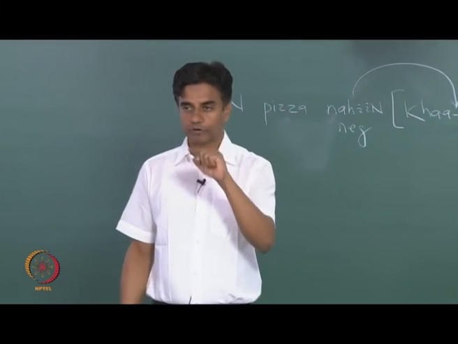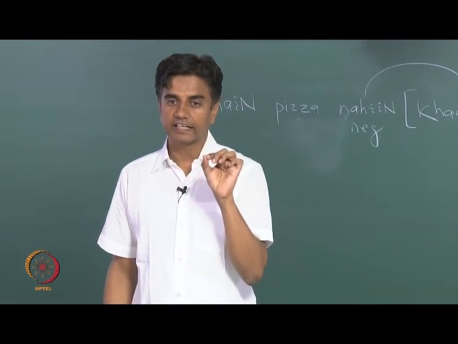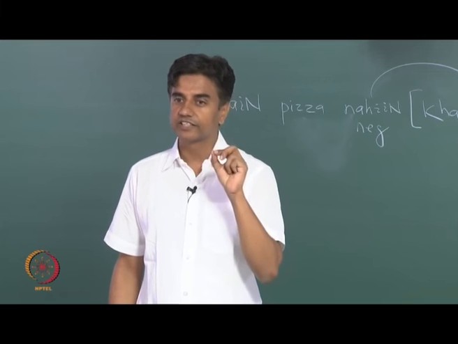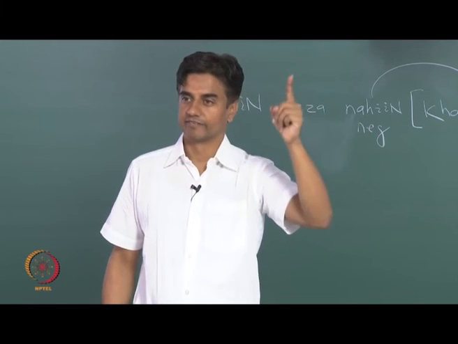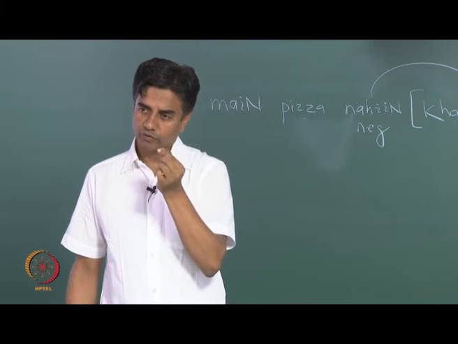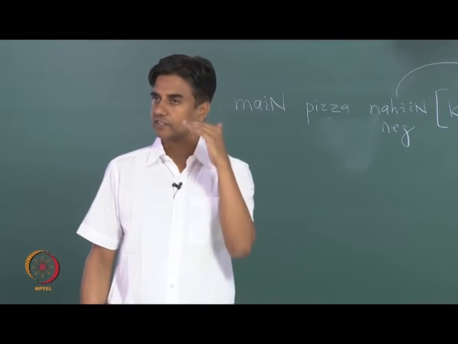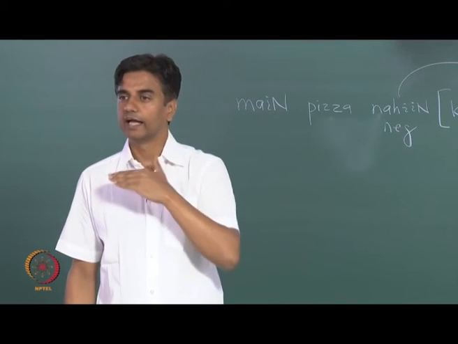If we try to put our finger on the fishy nature of a functional category for its exact location in the functional layer, it appears from such an example coming from Hindi that it's located below TP and above aspect